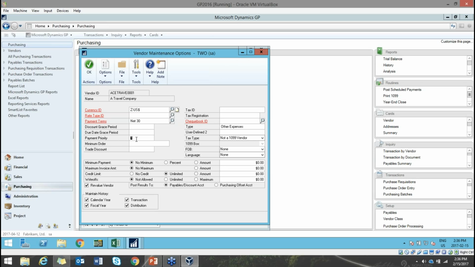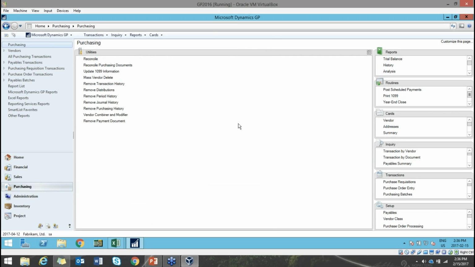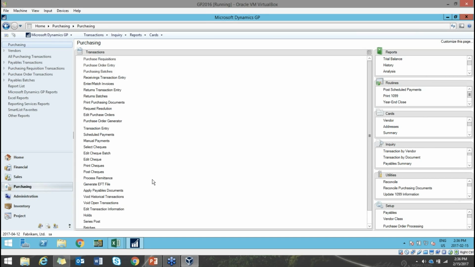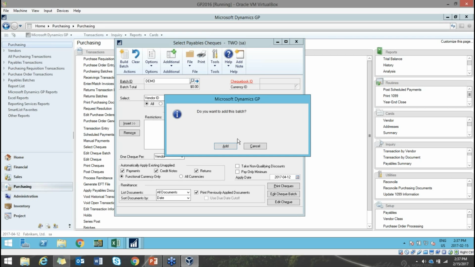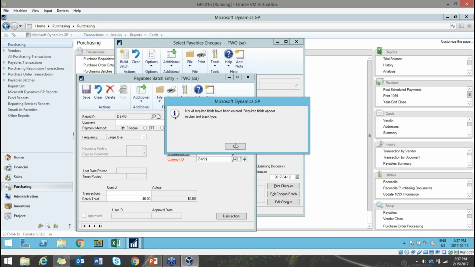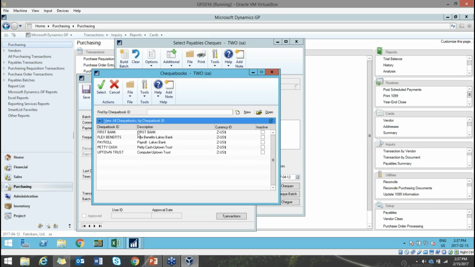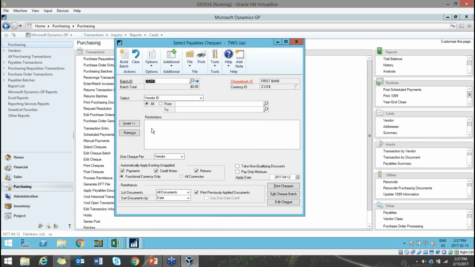Once you've categorized your payment priority here, when you're doing your check run and you click on Build Batch or Select Checks, one of the options for selecting your batch, one of the options for your restrictions, is the payment priority. So we can say that we want all vendors that have a payment priority of 1, or 1 and 2, depending on the size of the check run you want. Click on Insert,